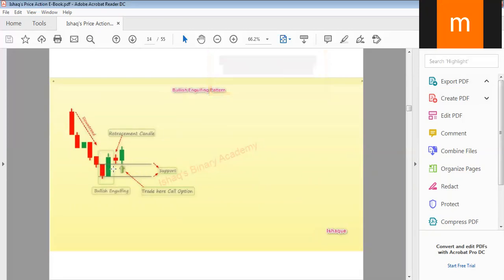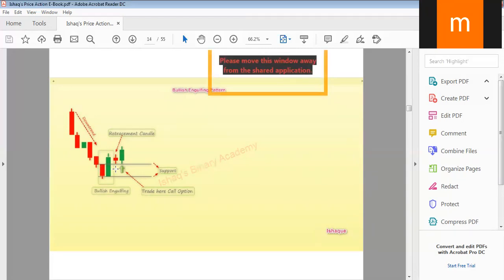And this bullish engulfing can be traded at each and every place where it forms, not just in the middle of a trend, but in the reversal area, in the uptrend, everywhere. This trade can be traded with this concept. There is no other concept about the engulfing pattern, but you must follow the rule which is written in the book.